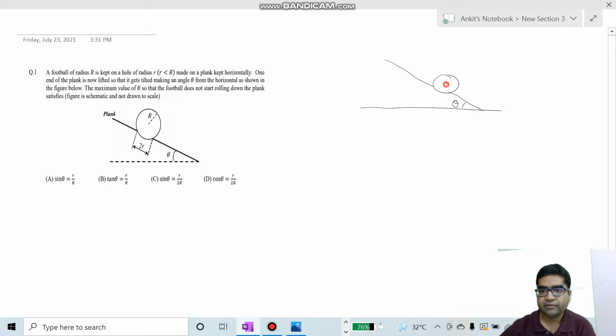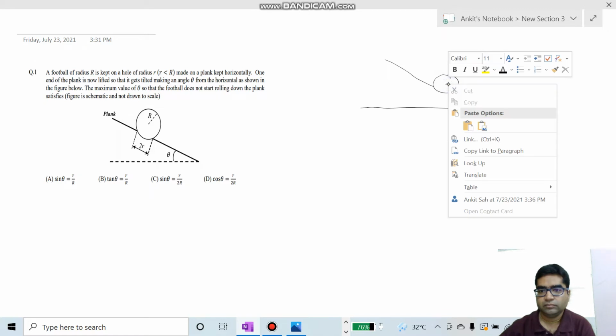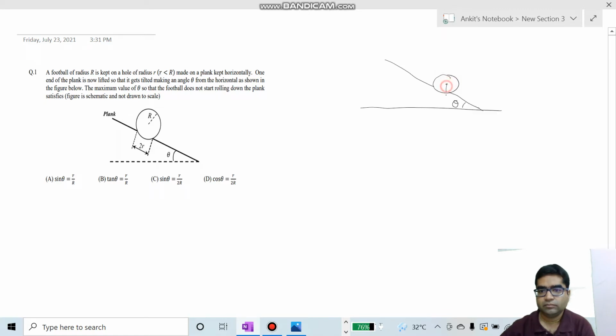So let us make the FBD of this football. So mg will be vertically downwards. If we take the components of mg along the plank and perpendicular to the plank, it will be mg sine theta, and perpendicular to the plank it will be mg cos theta. There will be one normal force perpendicular to the football. So the basic concept here used will be for no rolling,